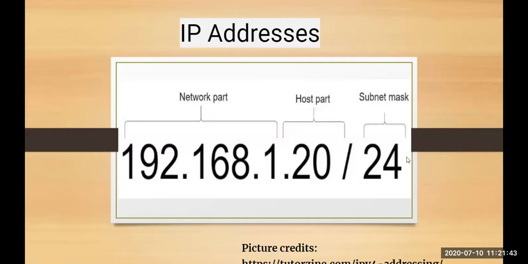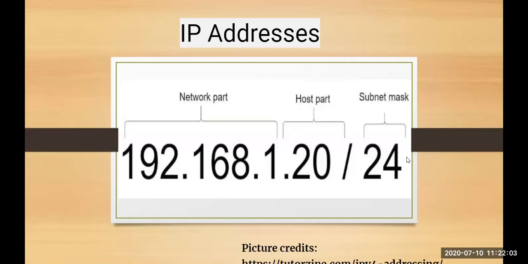When I talk about an IP address, it is nothing but a unique numerical identifier that is assigned to every device that connects to a network. All the devices connected to a network, if they want to know each other, the only mechanism used to know each other is their IP addresses.